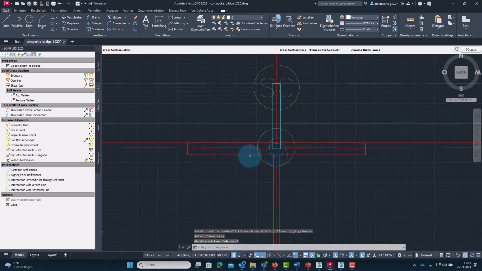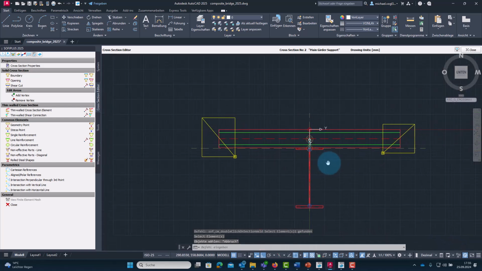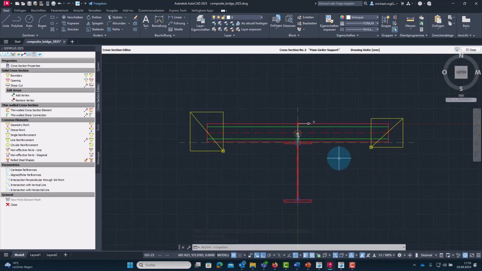Yeah, you see, we should not forget the shear connection. And okay, now all the relevant elements have been assigned to the new construction stage.